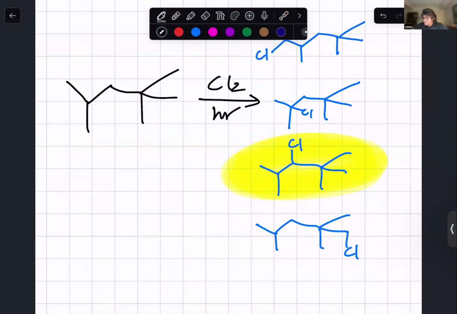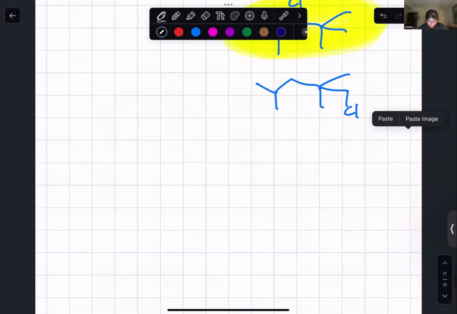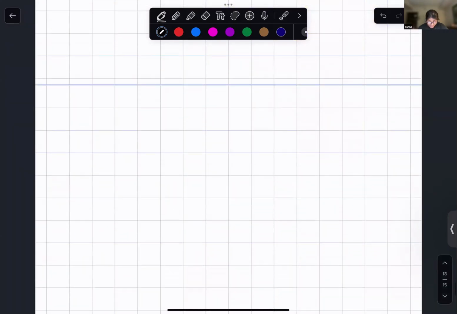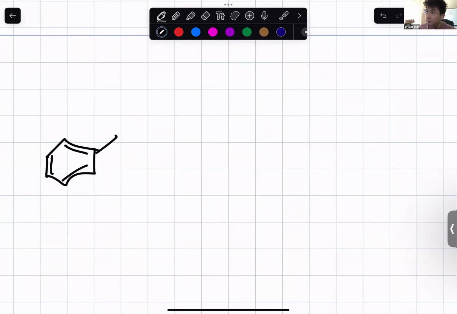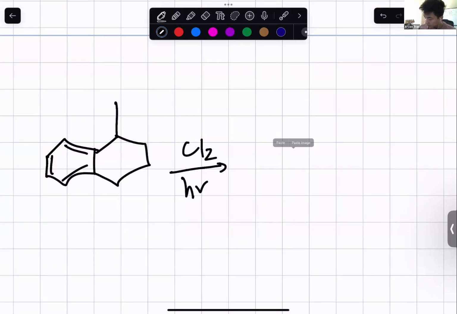Okay, and then the next one was question 38 and 39. I think this has to do with the chlorine one. Oh, right. Yeah, this was super funky because I put the chlorine in, I think, the secondary position, and then the answer was chlorine in a tertiary position. So I was just a bit confused here. Let's see here. Did you put your answer as B?